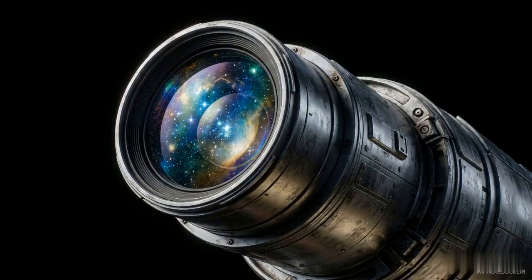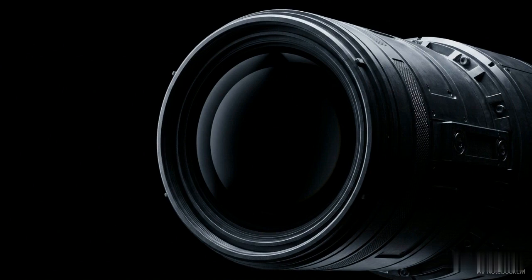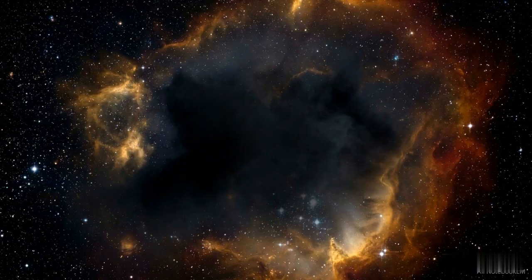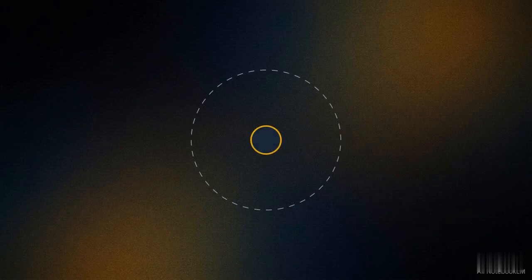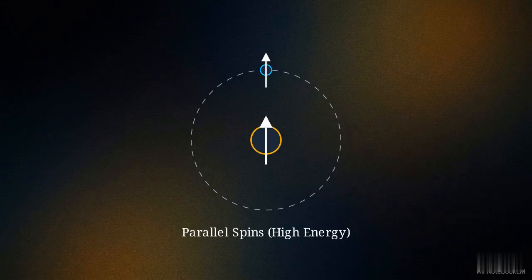A neutral hydrogen atom is simple. It consists of one proton and one orbiting electron. In quantum mechanics, that electron has a property called spin, which describes its magnetic orientation, pointing either up or down relative to the proton. Occasionally, that electron will spontaneously flip its orientation to a lower energy state. When this spin flip happens, the atom releases a tiny pulse of energy. That energy pulse travels outward as an electromagnetic wave with a very specific signature. The distance from one peak of that wave to the next measures exactly 21 centimeters.